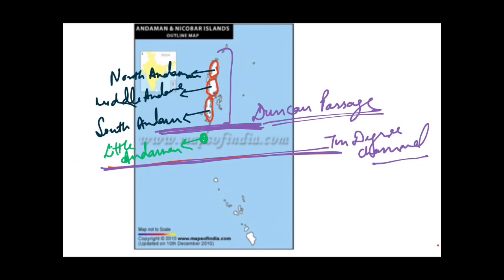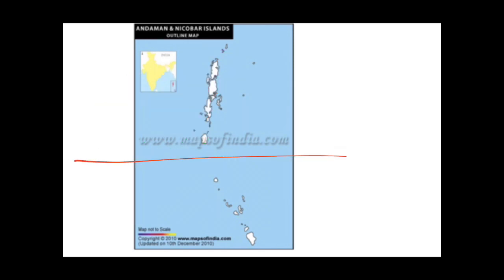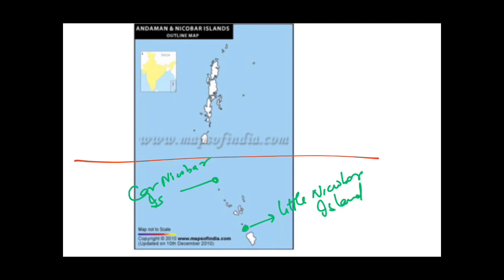Okay, now read something about the Nicobar Islands also. Here you can see this is the 10-degree channel. This island you are able to see is Car Nicobar Island. To the south of this island lies Little Nicobar Island. As you have seen, there was Little Andaman Island and this is Little Nicobar Island. Keep in mind that both islands are there, but they are divided by the 10-degree channel. And this one is the big island as compared to Little Nicobar Island. This is Great Nicobar Island.